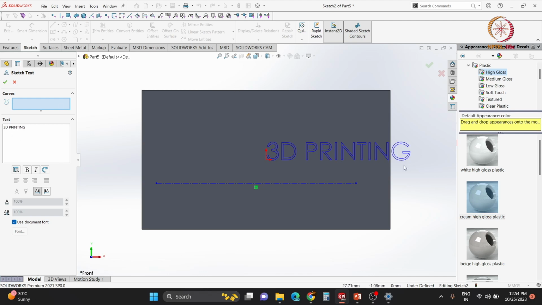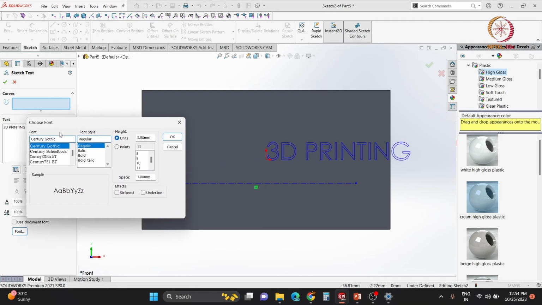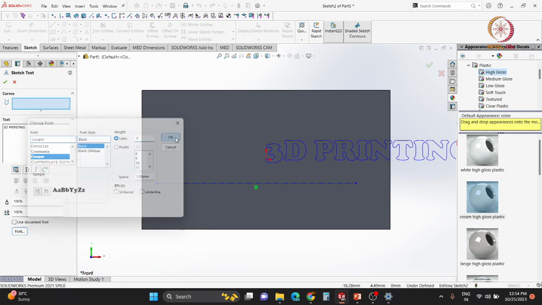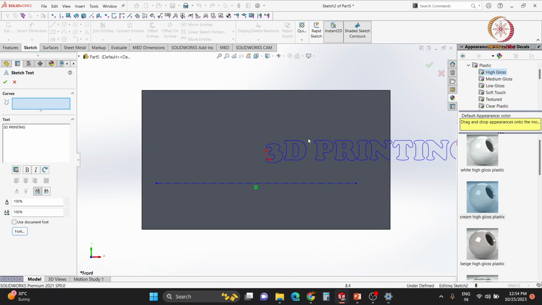So 3D printing is here. If I need to change the font and increase the dimension of this font, then you can uncheck this use document font, and then just select this font option. And then if you need to change the font, you can slide through this font option available. I will be selecting this copper font, and I need to increase the font size a little bit, maybe some 4. Then select OK. So now you can see the font is changed as well as font size is also